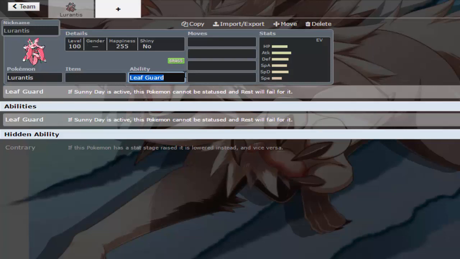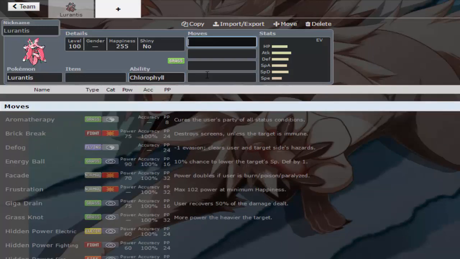It needs a better ability to abuse the sun, and it's already kind of slow. Chlorophyll. Now, of course, you would want to use Contrary for most of the time with Leaf Storm, but Lurantis,